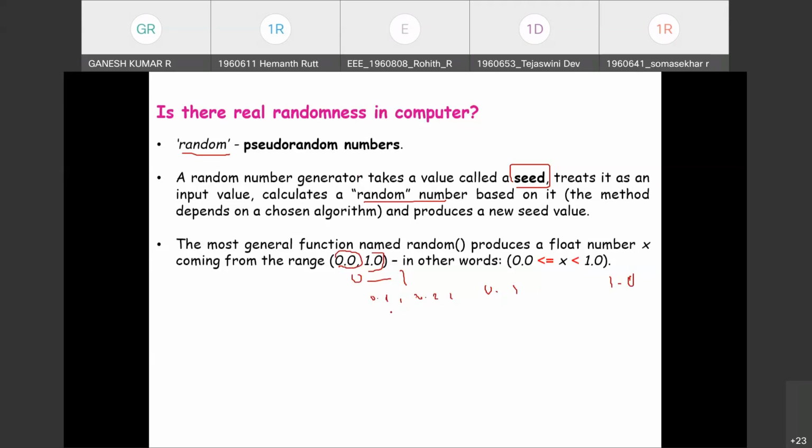At the outset, the larger random numbers are 0.1, 0.2, 0.3, 0.4, 0.5, 0.6 up to 1.0. So this 0.1 could be further split into 0.11, 0.12, 0.13, 0.14 or 0.01, 0.02, furthermore 0.0001. So there will be an infinite number of random numbers starting from the seed.